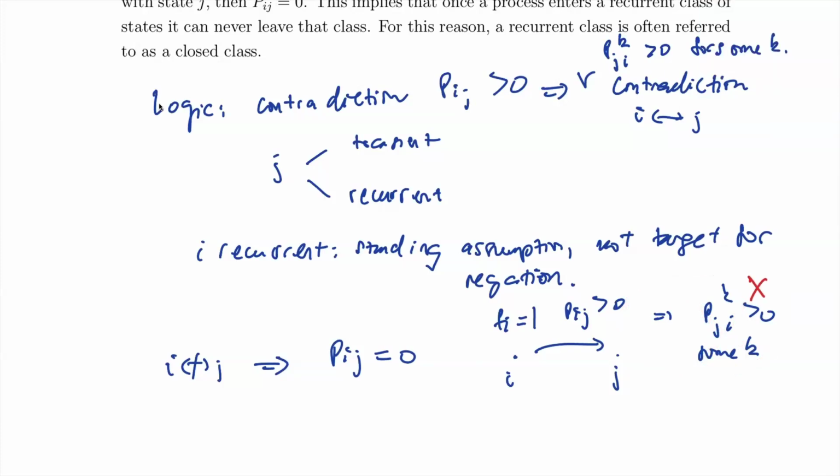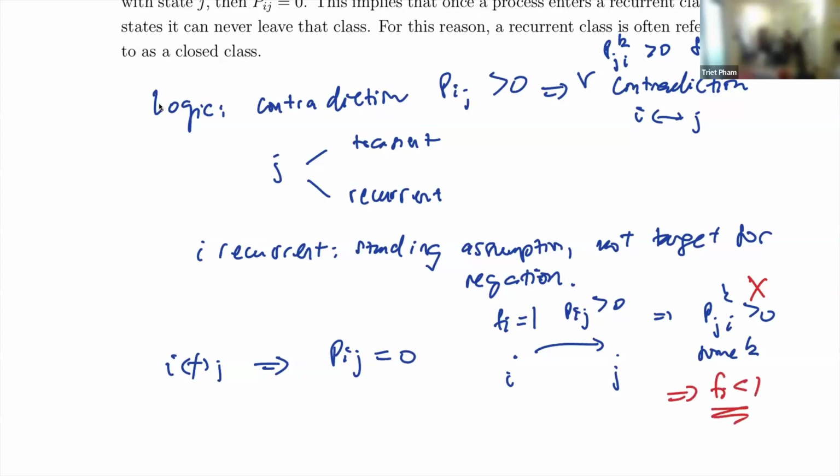In that case, I would go to J and then not return to I. Good. In terms of the quantities that we're listing, what would that affect? Fi would be less than 1. Excellent. Correct. So if Fi is less than 1,